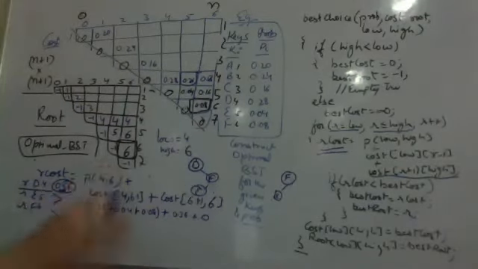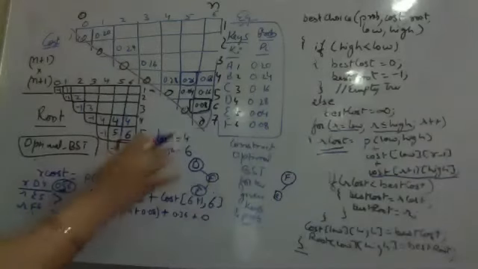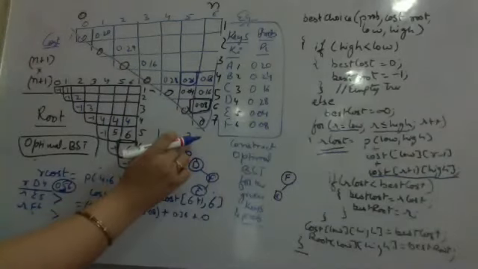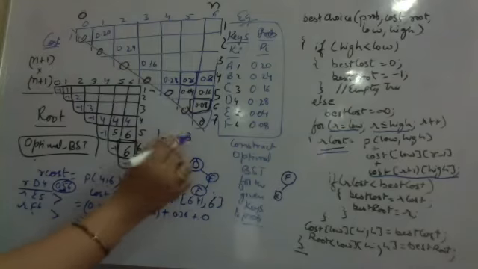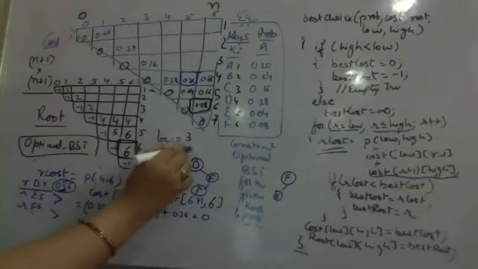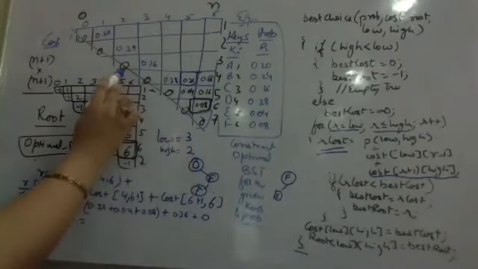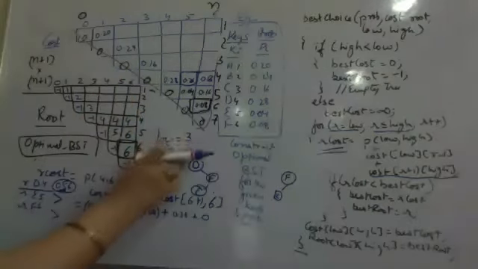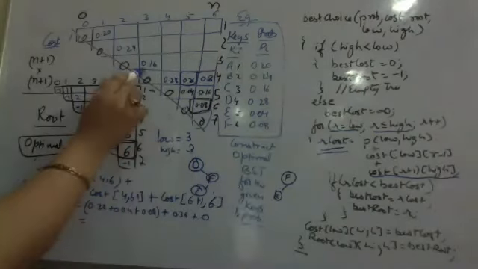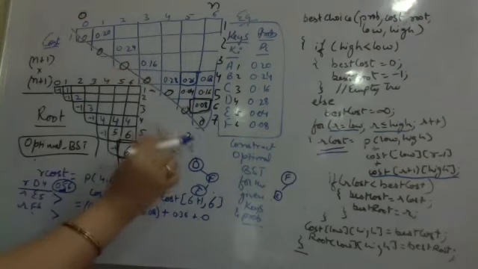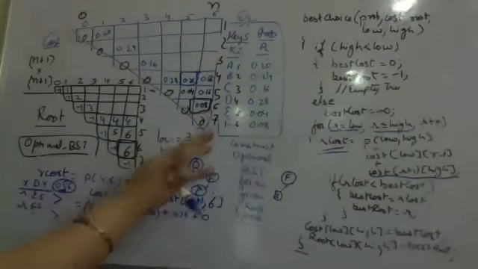Now, high will change to 7. We will come out. Low will change to 3. Initially, high will be low minus 1. It is 2. That means this becomes 0. Then high will go to 3. In 3,3, 0.16 will be filled. Then high will go to 4. What does 4 mean?